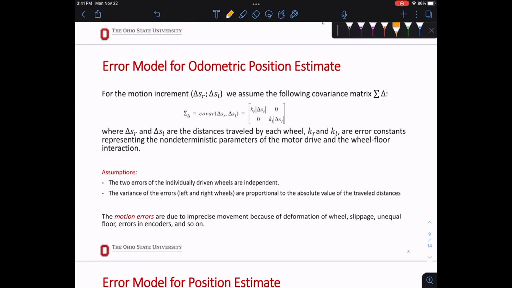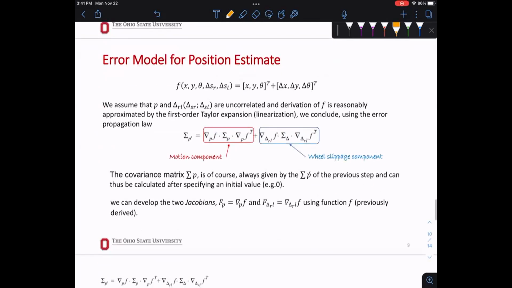Once we create this covariance, then we can apply it and say, okay, I have this covariance error. I'm going to find the covariance matrix P. So P prime is your estimated position. P prime is going to be